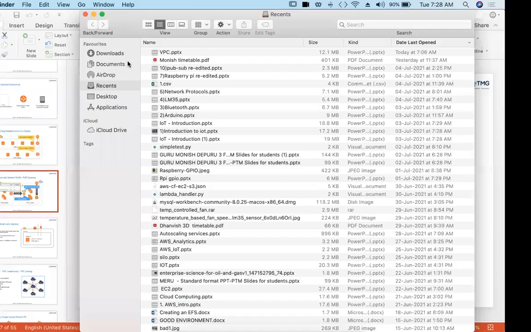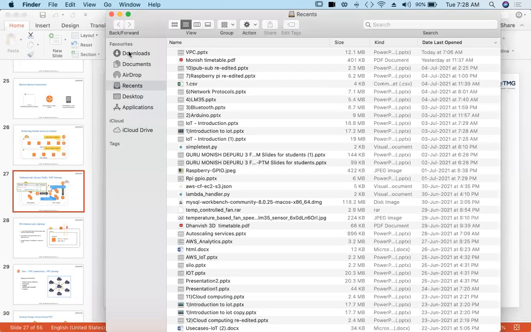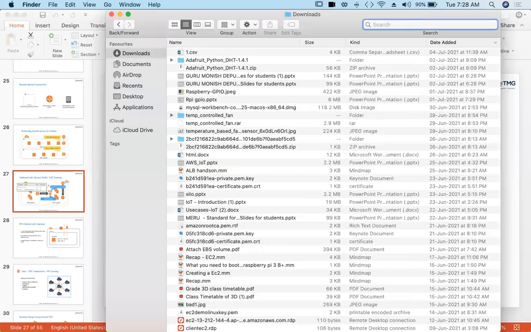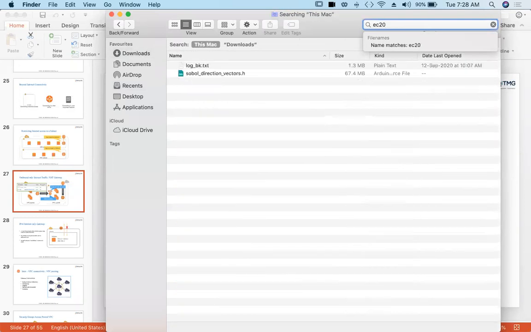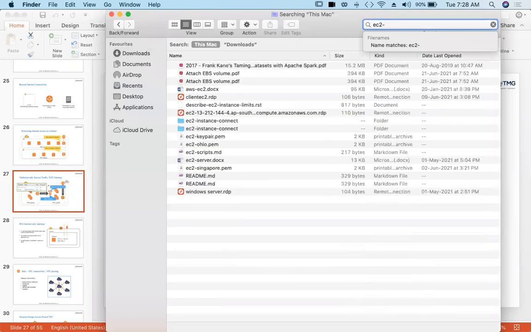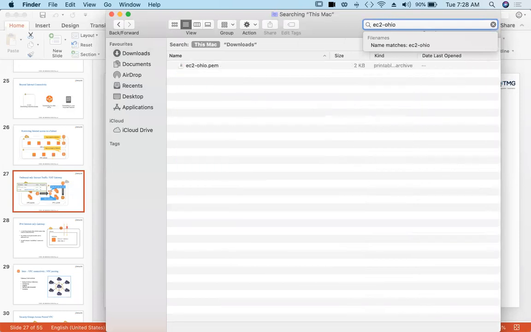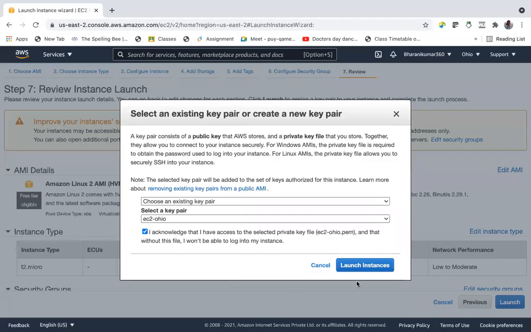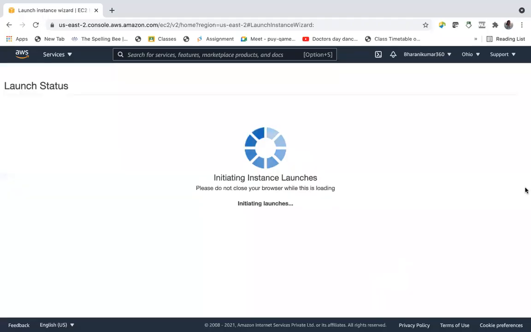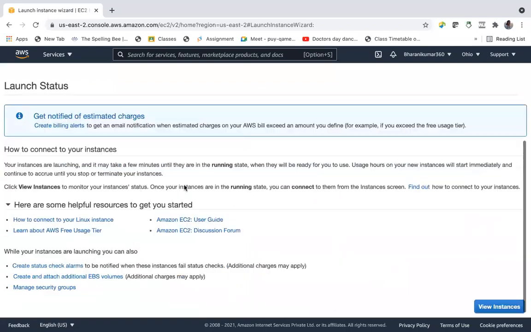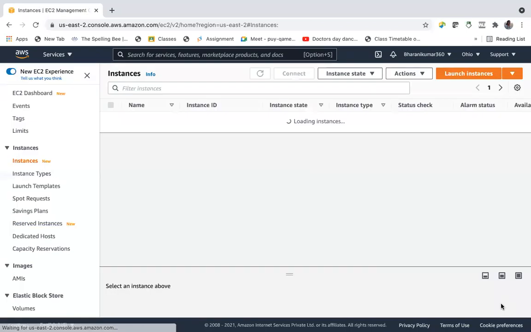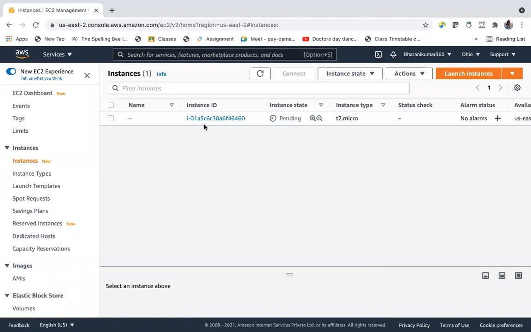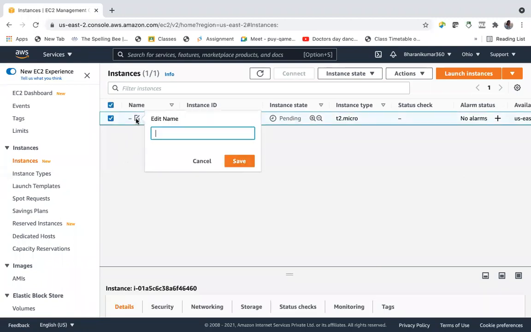But let me check. It's there. So let's use that and launch instance. And this is the public instance, or let us call it the front end server.